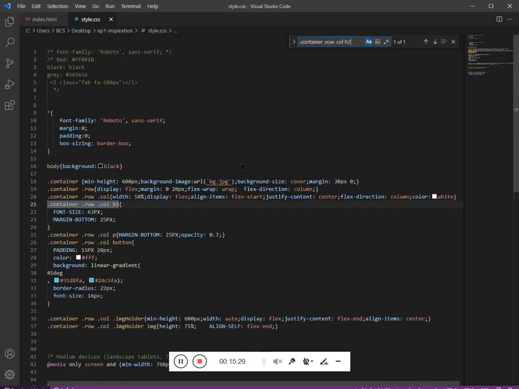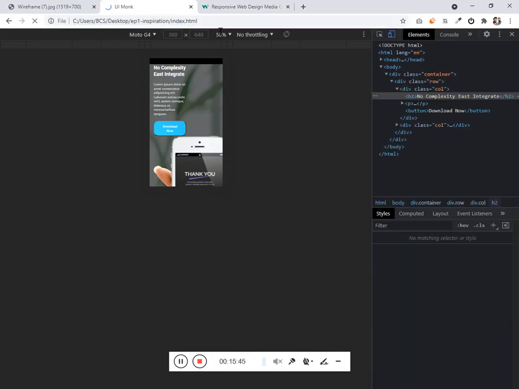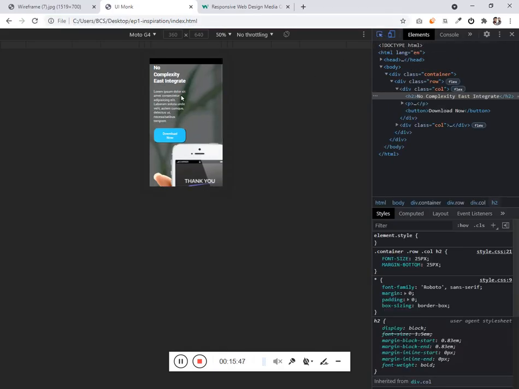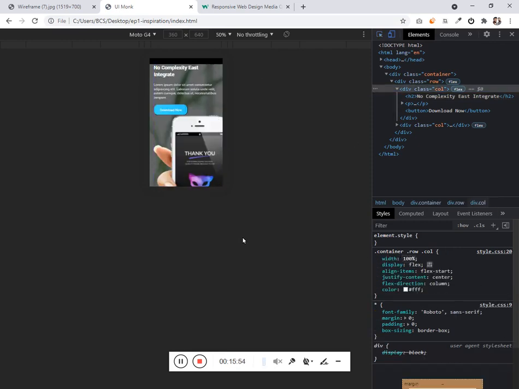Select this and give this 25. And this is going to be 65. Make the width 100%.